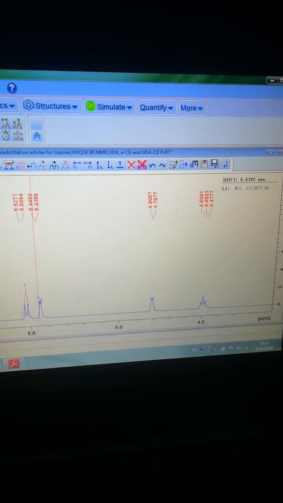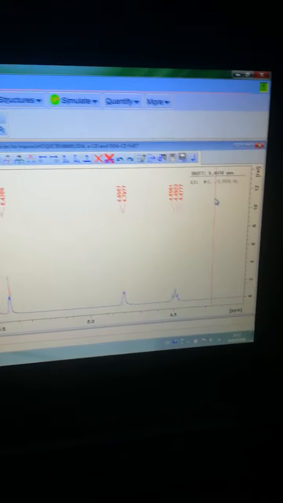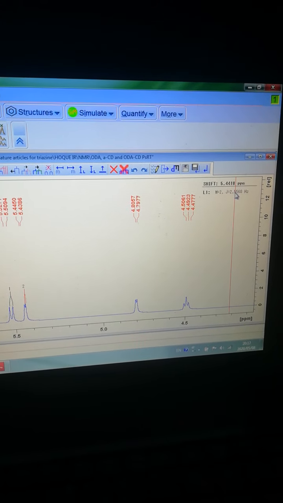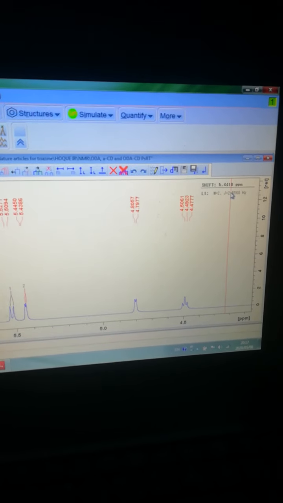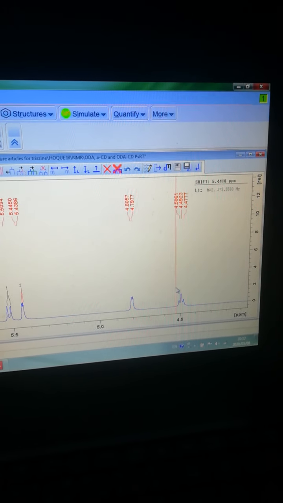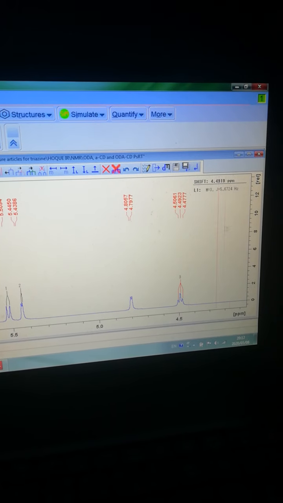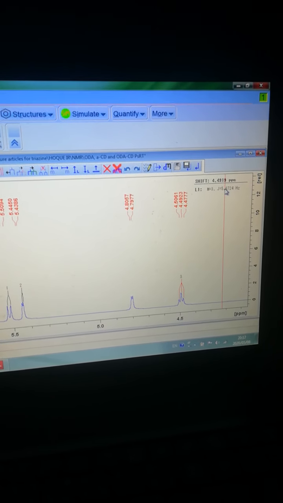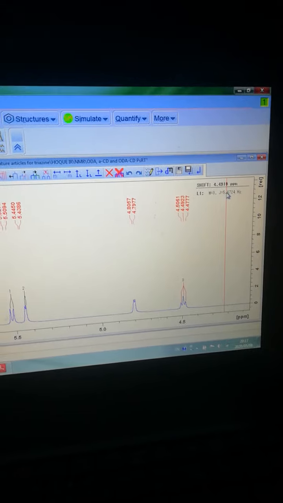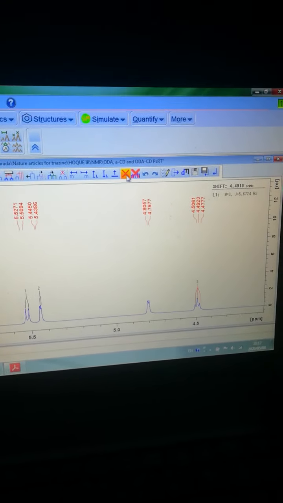By just defining the region, you can calculate the multiplicity, and you can write this value into your notebook and in your manuscript. You can do the same for the triplet by defining the region. You can see the multiplet calculated by individual peak. And again I am going to delete.